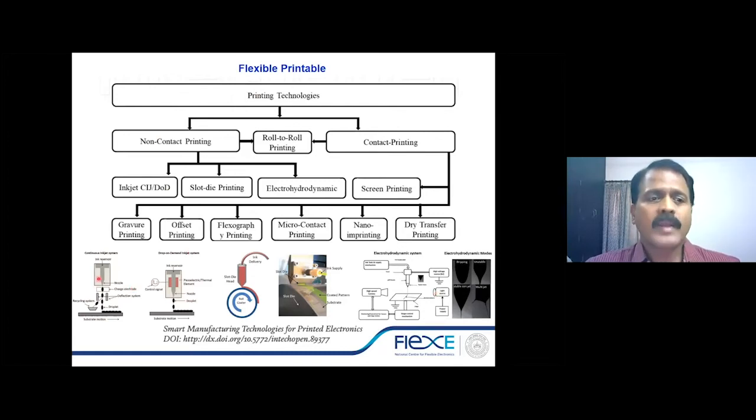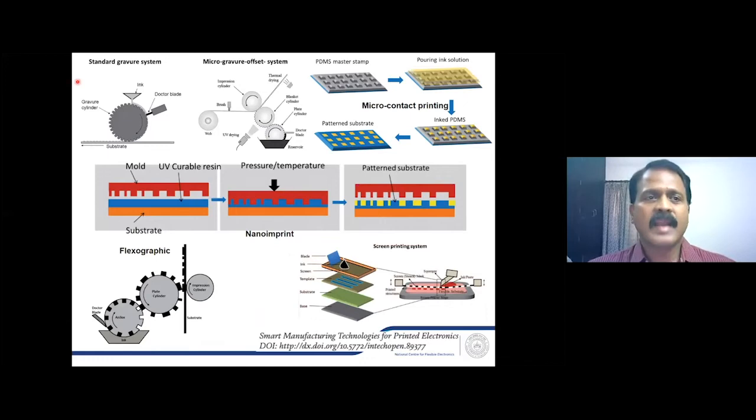As far as non-contact printing techniques are concerned, one of them is the inkjet printing mode, which could be continuous or drop on demand. We also have slot die, and the electrohydrodynamic system, and so on. As far as contact printings are concerned, they are again of different types. For example, we have the standard gravure system, and also gravure, microgravure offset systems. There's micro contact printing, nano imprint, flexography, screen printing, and all of them have different